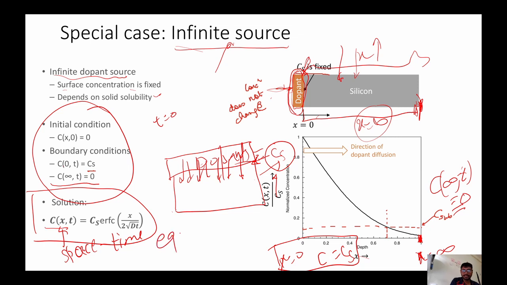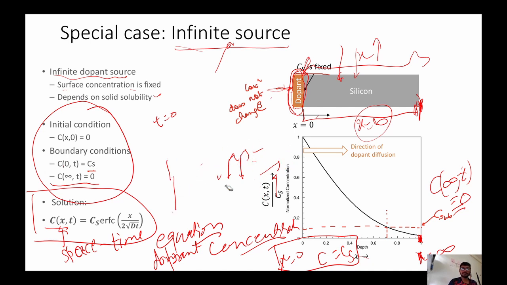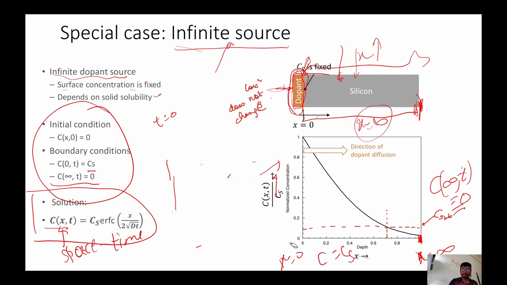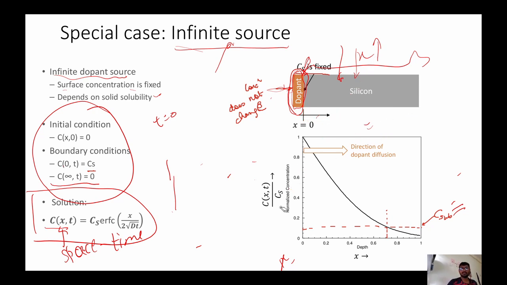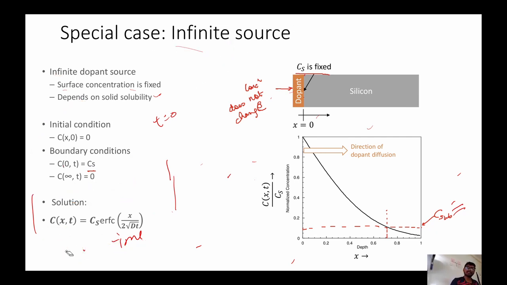This is the space time equation of dopant concentration. Now, if you solve this equation and plot it with time,